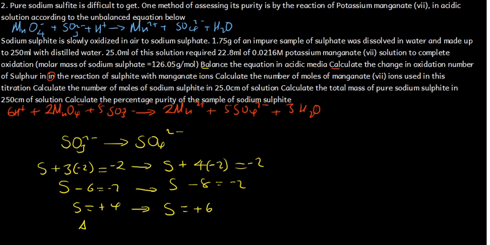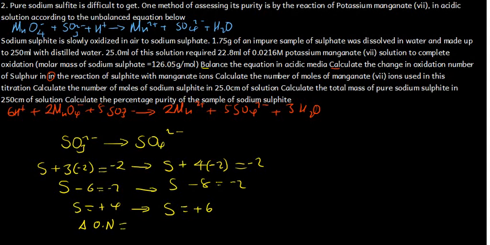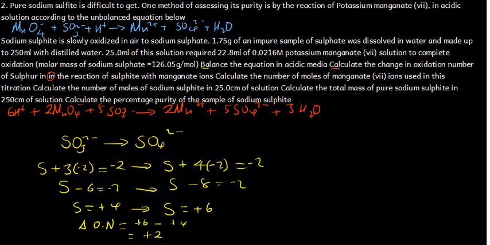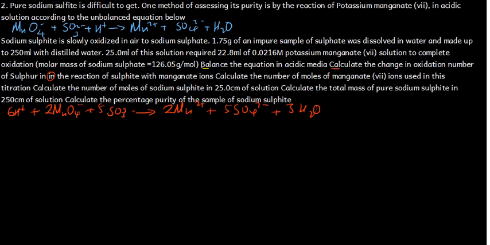Now the change in oxidation number for the sulfur. Change is what is on the product, which is +6, minus what is on the reactants, which is +4. That is going to give us what? +2. So that is the change in oxidation number. Okay. Now if we go to the other question,